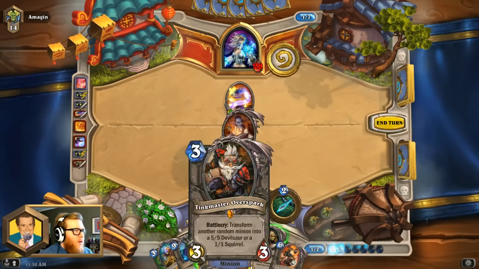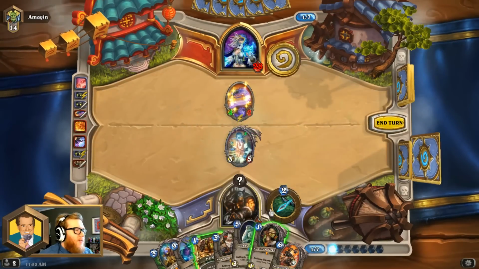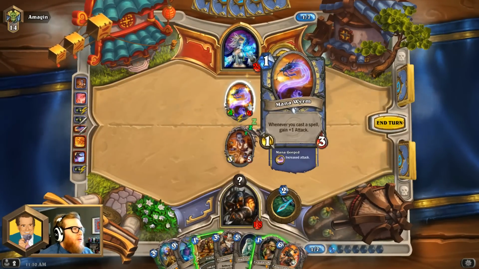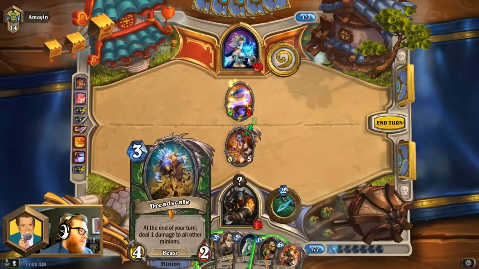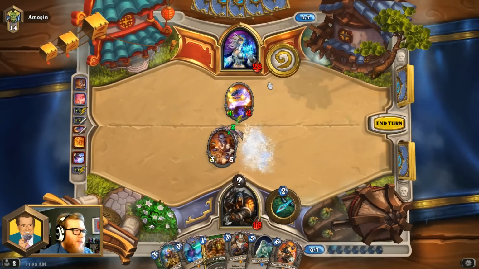Do you have the artifact? I guess I'll go ahead and Sir Finley this turn as well, just to slot in the mana and give me a body. It could give him value on a trade, though. But he's going to get that value anyway here, so...